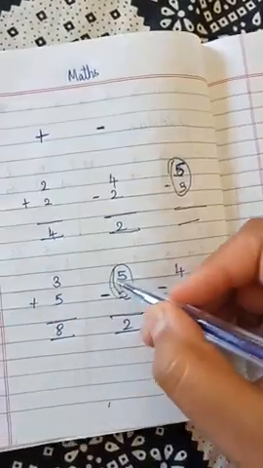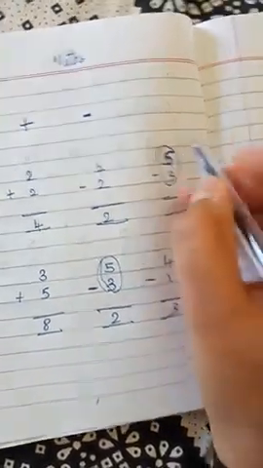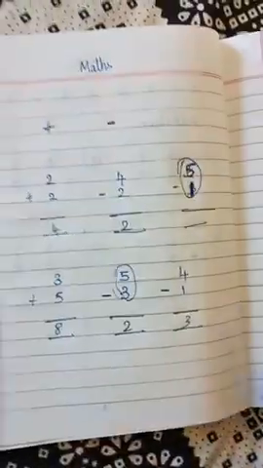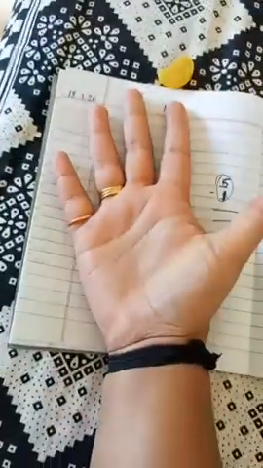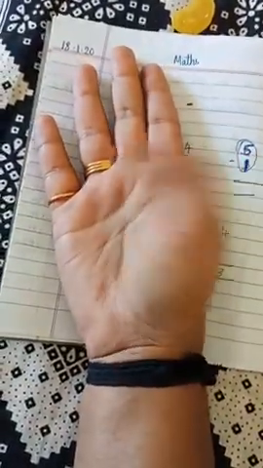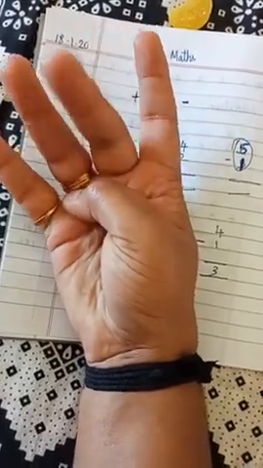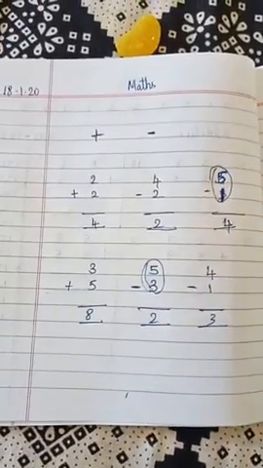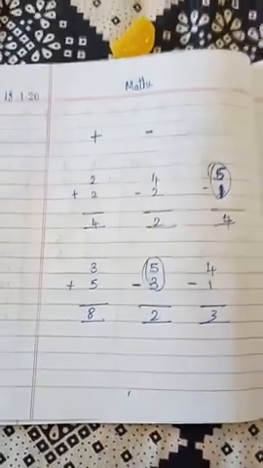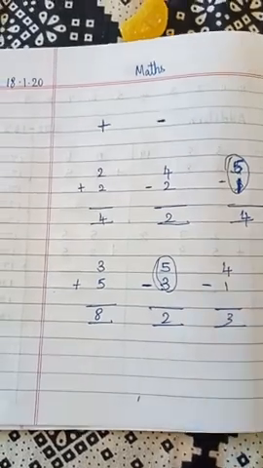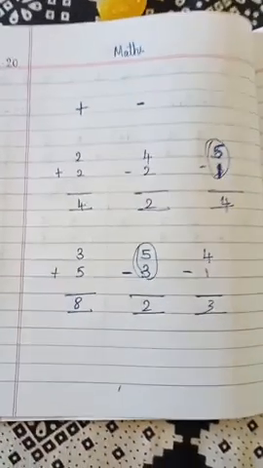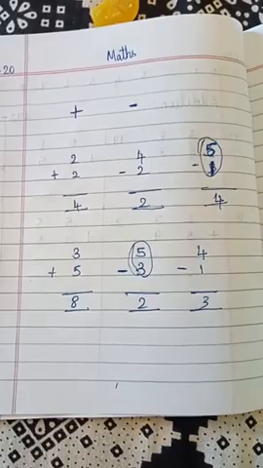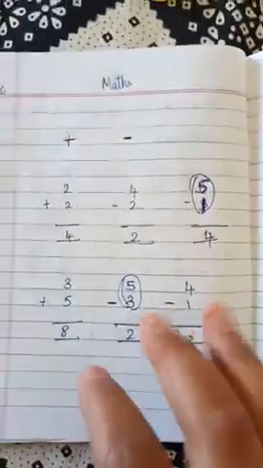By keeping the chocolates also we can do. 5, 1. Take 5 fingers. How many fingers you have to close? 1 finger. What is remaining? 1, 2, 3, 4. This is only subtraction. Addition means someone is giving you, your mother is giving you extra chocolates. Subtraction means your mother is getting chocolates from you. Keep it like that. Now we can say bookwork. If you know this only, you can do bookwork. So only ma'am taught you subtraction. This only is subtraction. Same like this.